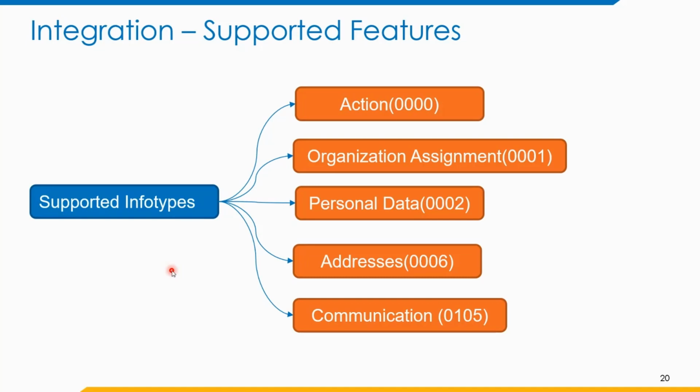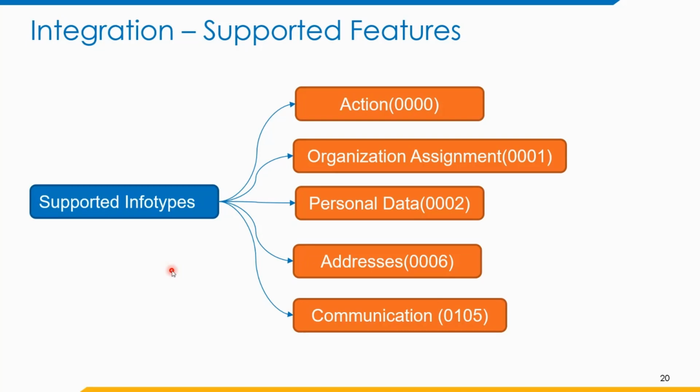Action specifies whether the user is hired or terminated, such types of actions. Organization assignment specifies the organization structure where the user resides. Personal data, such as first name, last name, and email ID, such personal data is stored here. Addresses is where the user address is stored, such as permanent address or work location address, stored in the